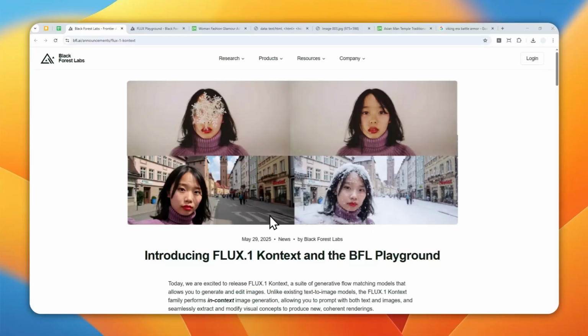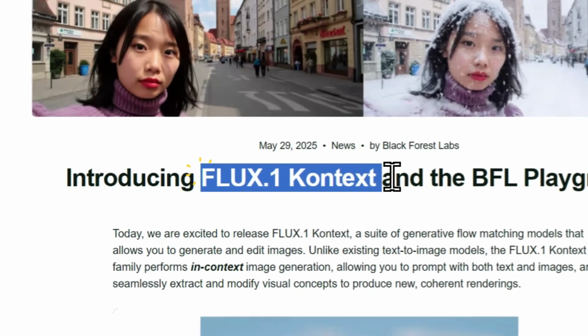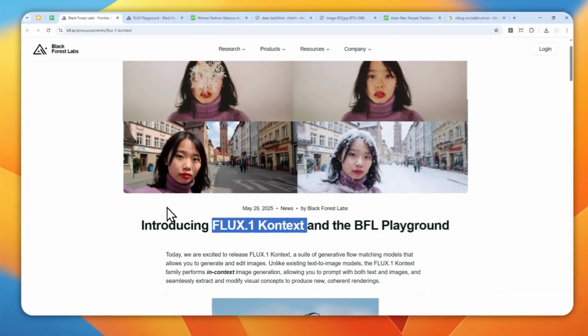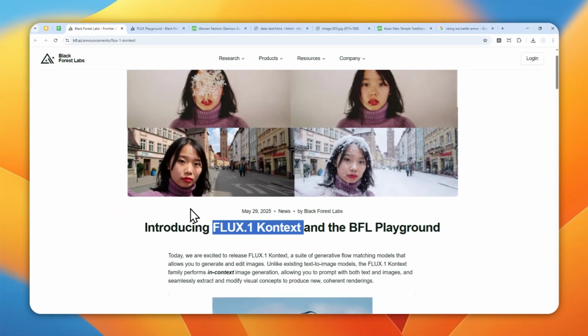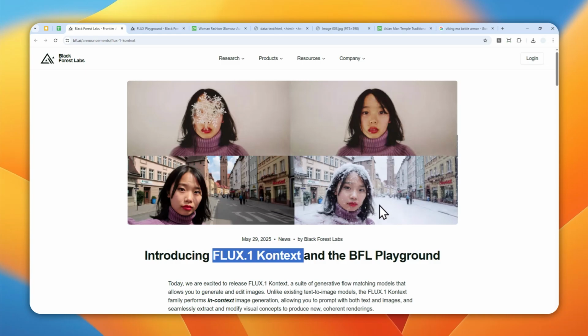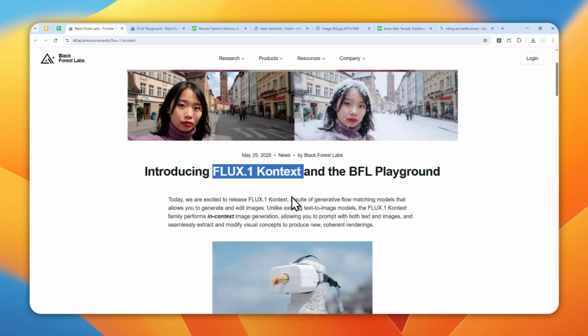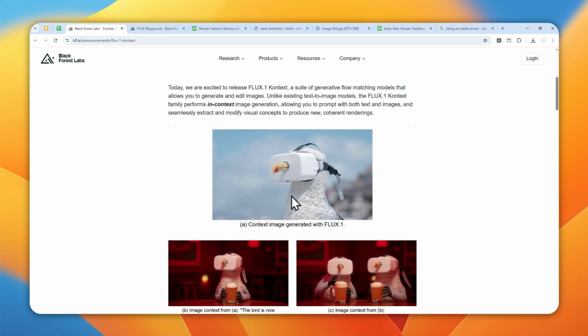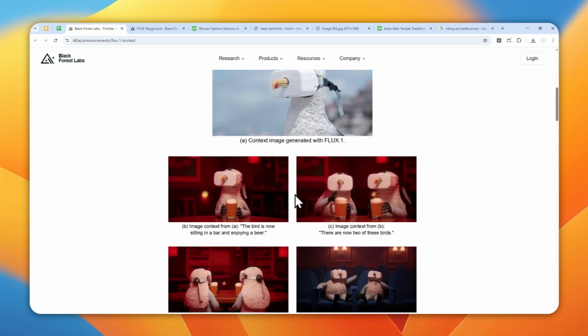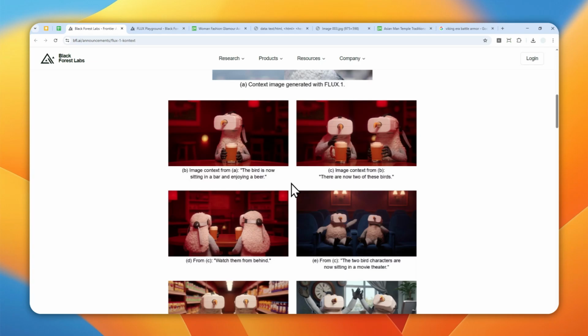Black Forest Labs just released a new model called Flux.1 Kontext, and this AI model is very good at editing a picture while able to maintain the original facial expression, the details, everything from the original picture, and then transfer that into a new AI picture. And I'm talking about the quality or the consistency similar to Gemini with Imagen 4, so it is much better than ChatGPT. And the best part is that you can use Flux.1 Kontext for free to create or even edit